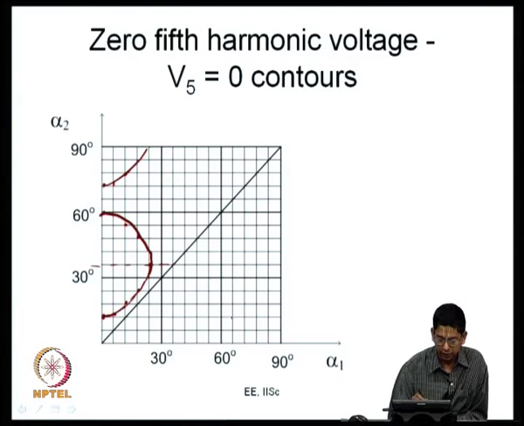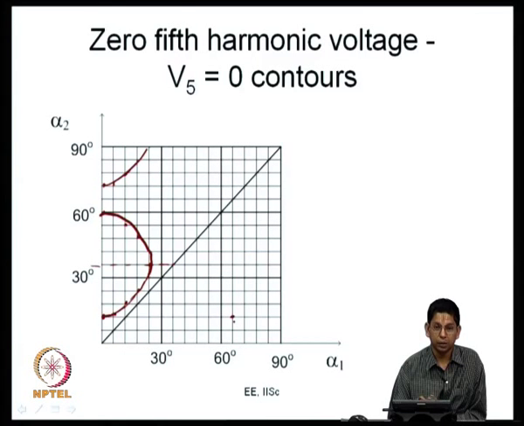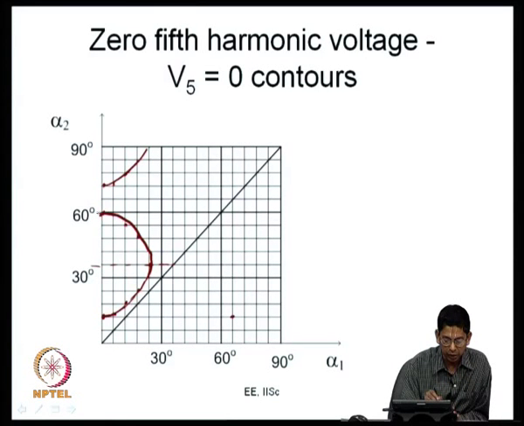So, at 72 degrees you will have a point here. Why? Alpha 1 is changed by 72 degrees, so phi alpha 1 is changed by 360 degrees. So, cos phi alpha 1's value is unchanged now. The same way, you should remember that this curve has a negative side also.